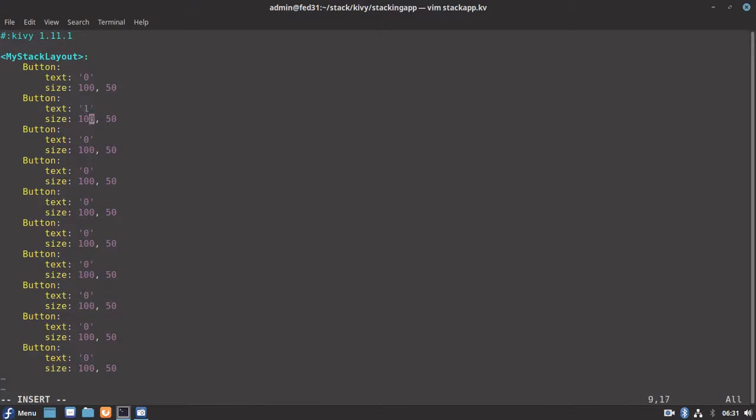Let's change the text. For every alternate button, I'm just keeping it as 1. So this one is 0, this one is 1, this one is 0, this one is 1.